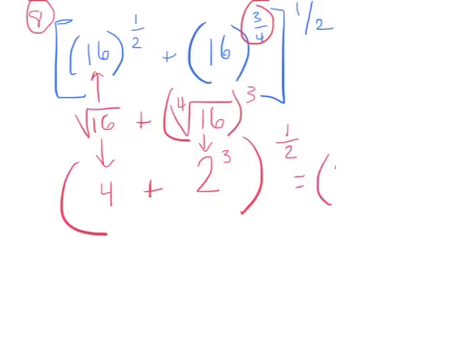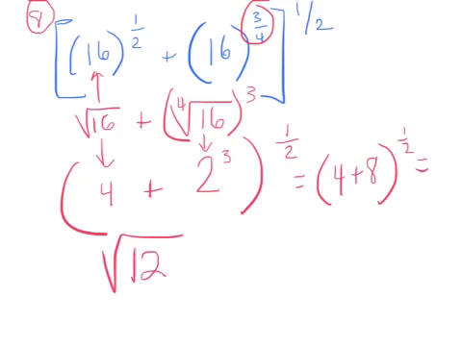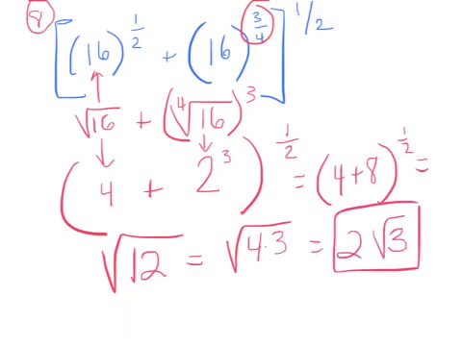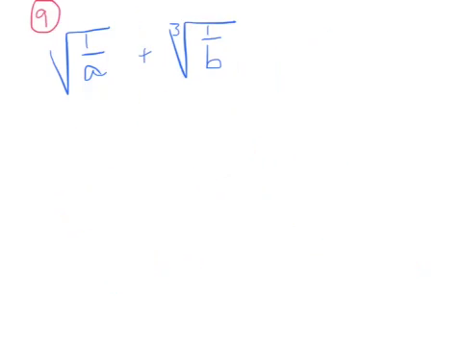So I've got 4 plus 8 to the 1/2 power, which is the same as the square root of 4 plus 8, which is 12. And when I simplify 12, I get 2 radical 3. And that is the solution to number 8. Now number 9 is an exercise in